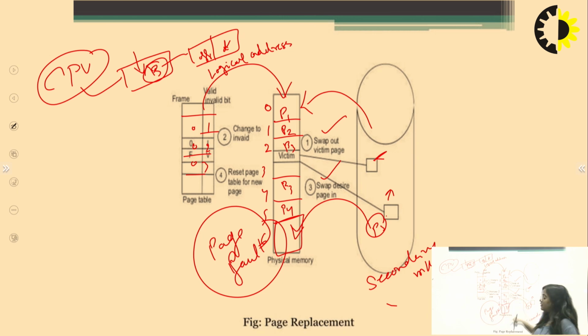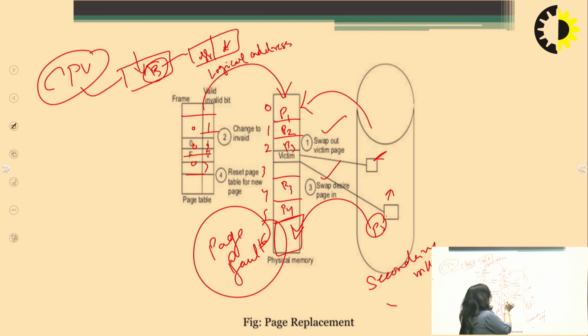Okay, but in the second case, all frames are already filled in physical memory. That time we need a page replacement also. Now let's suppose we want to bring P5 from secondary memory, but physical memory does not have any space to store P5.